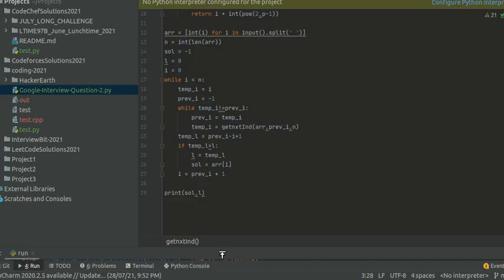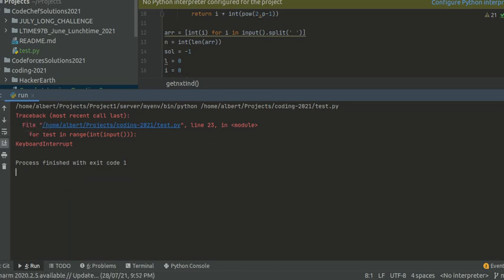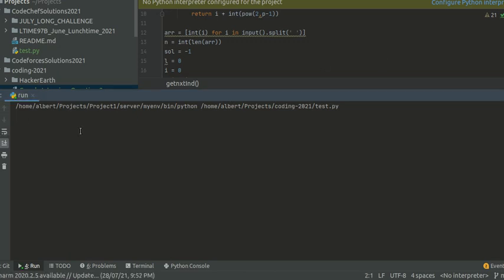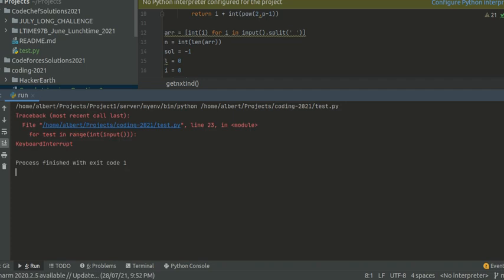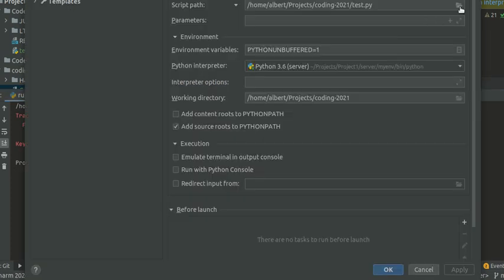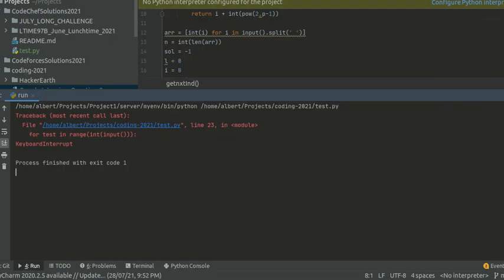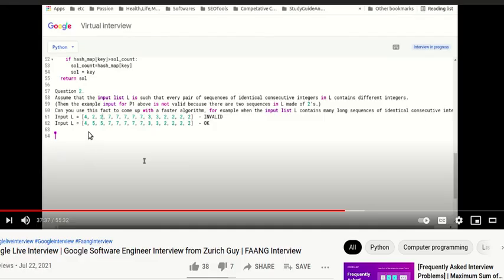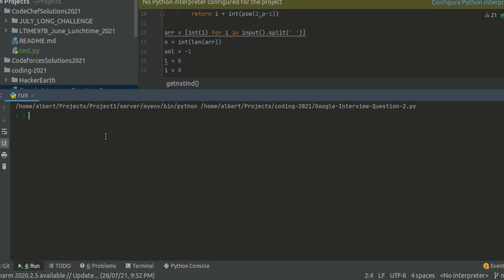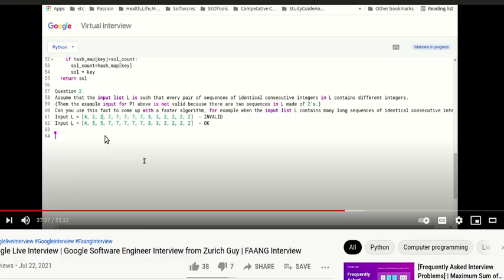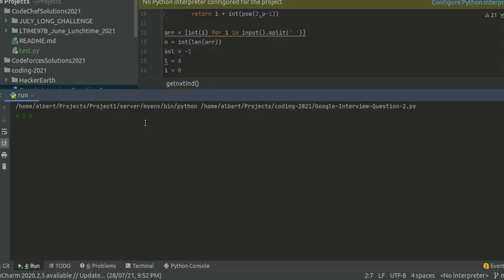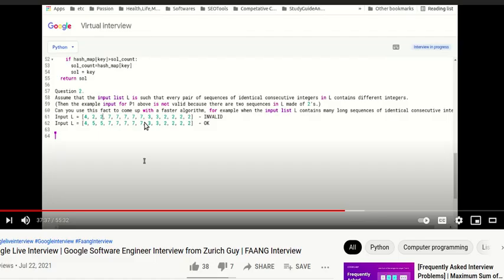So let's run this code and check. For this given example, if you see 4 5 5 4 5 5 4 5 5, 5 sevens, 1 2 3 4 5, then double 2, double 3, and then 4 twos.